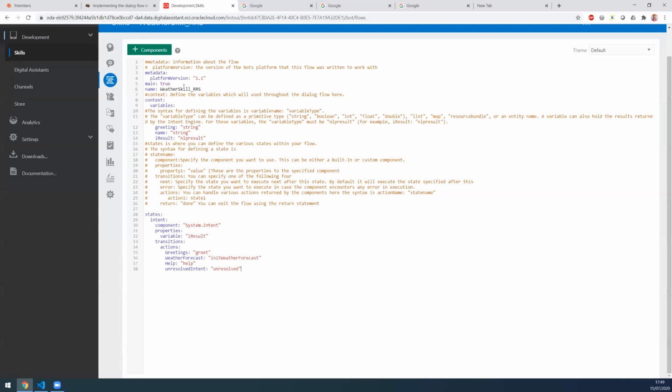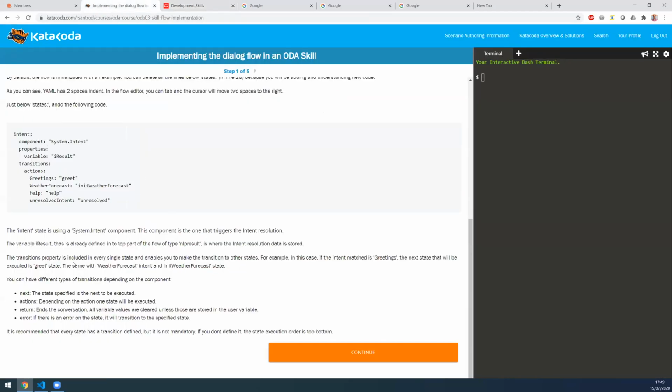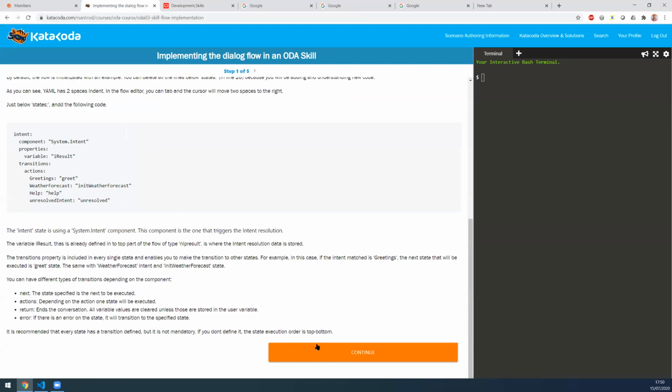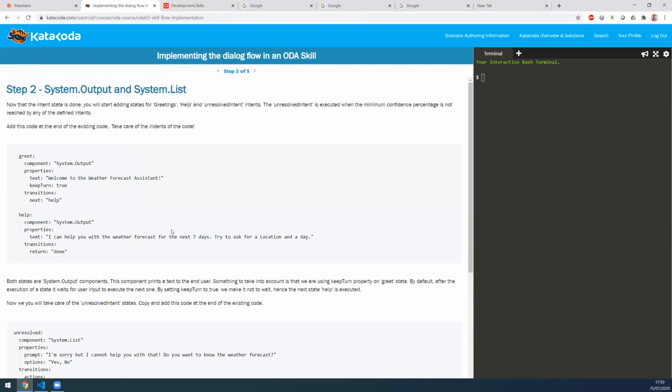transitions that you can check, that you can set, and usually a specific state or a specific component has specific different transitions that you can set. So yeah, I mentioned here for those that will do the labs later, you have here an explanation of the different ones. So let's continue for the next one, and we are going to add two new